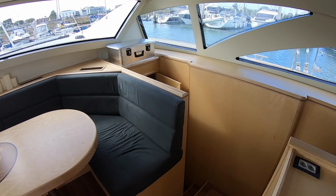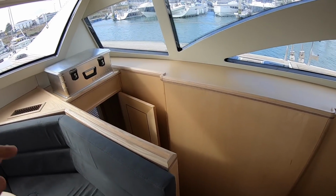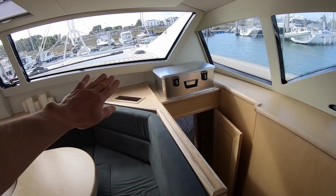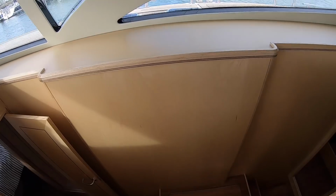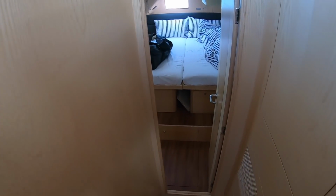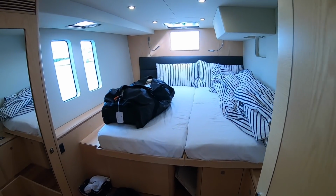You may remember the first of these Bill Dixon designed Discovery Cats had a forward master cabin which ran right under this forward area here, but you didn't have the headroom, so they changed it to a more conventional 3 or 4 cabin layout. This has the 4 cabin layout, so this is, I guess, the guest hull,